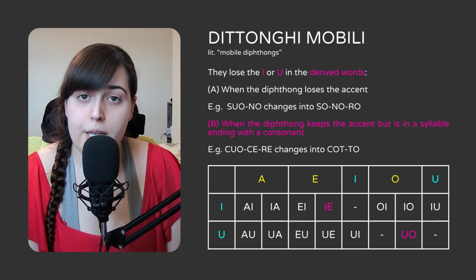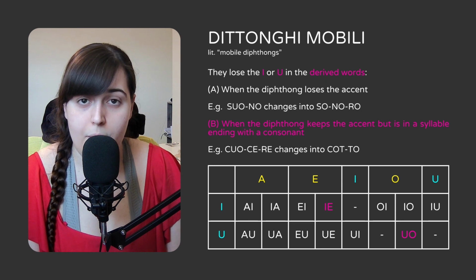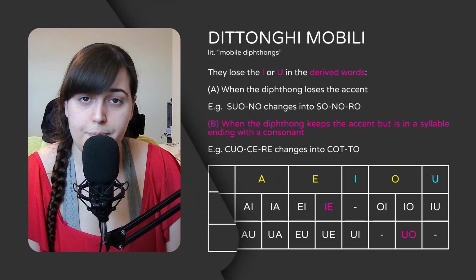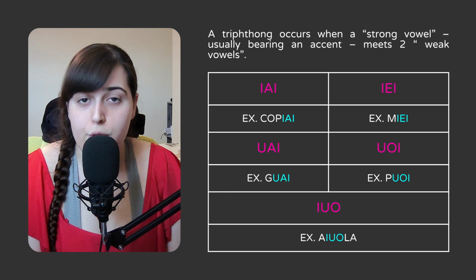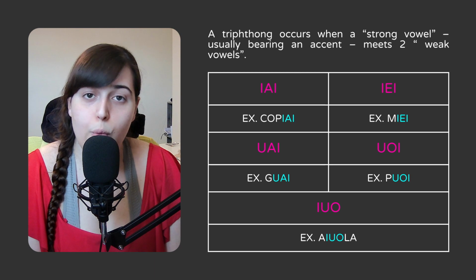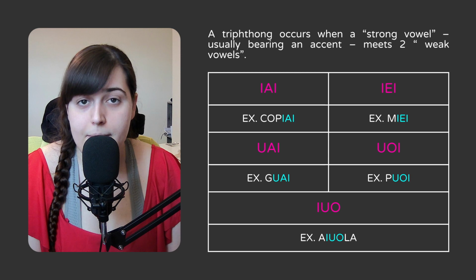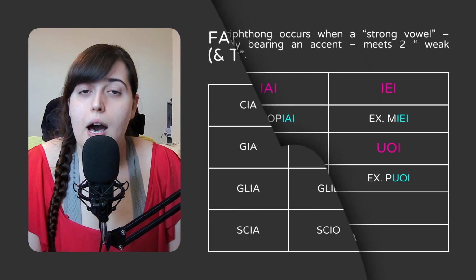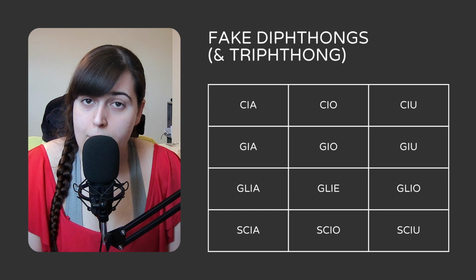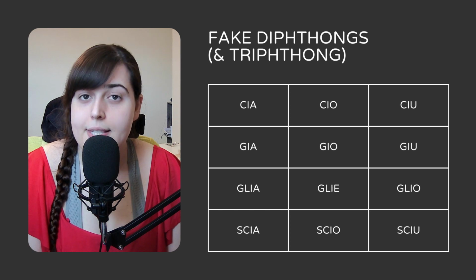Second, when the diphthong keeps the accent, but it is in a syllable ending with a consonant. For example, cuocere changes into cotto. On the other hand, triphthongs occur when a strong vowel, usually bearing an accent, meets 2 weak vowels. So we'll have copiai, miei, guai, puoi, and aiuola. However, there are groups of vowels that seem like diphthongs or triphthongs, but they are not. These exceptions are